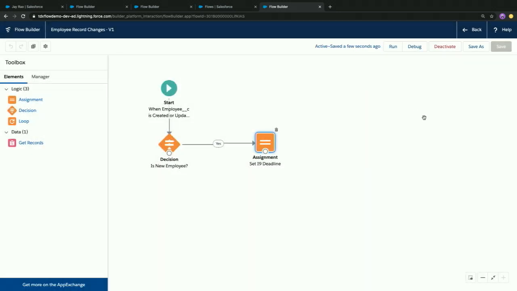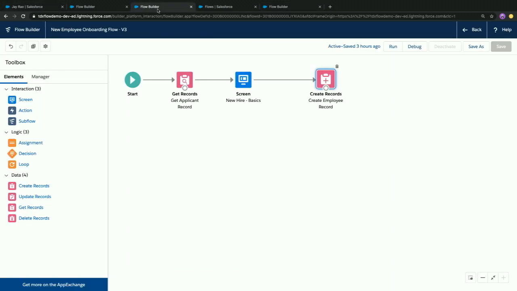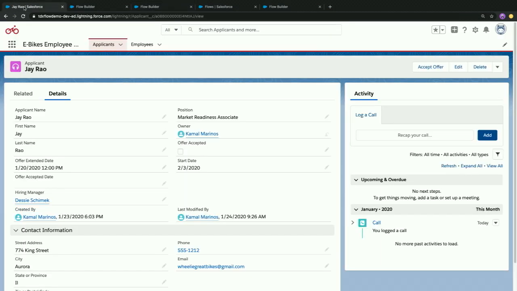And this one other little quality of life feature we've got here is we added deactivation inside Flow Builder, so you don't have to leave to do that. All right, so that's active, and I just want to make sure my other flow is active. Yes, before I do this.